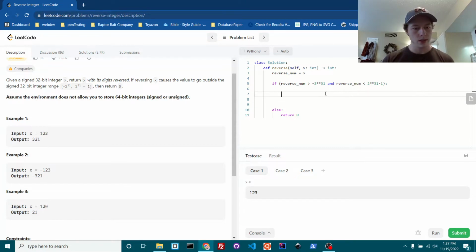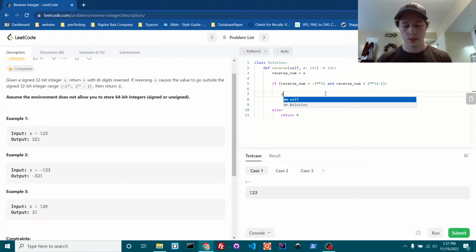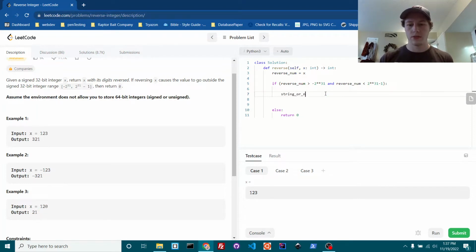So first things first, I think we're just going to want to turn this into a string, I think. So let's do string of num equals a string of the reverse number. Okay, and then I want to say,